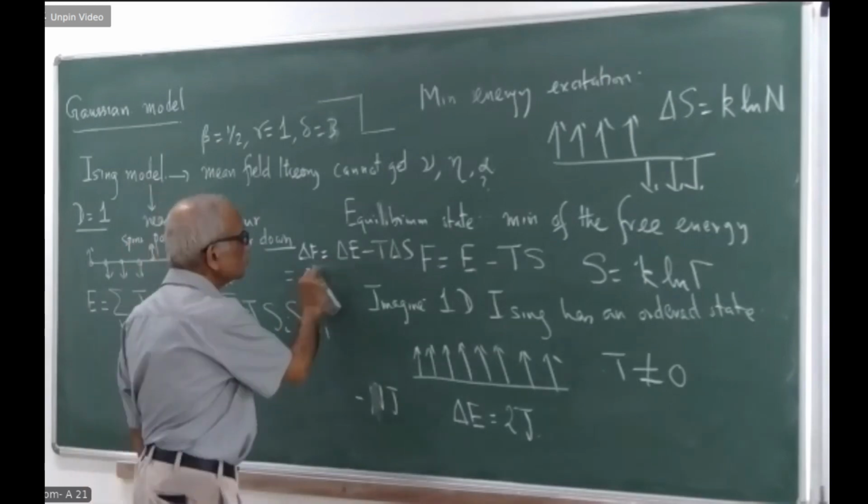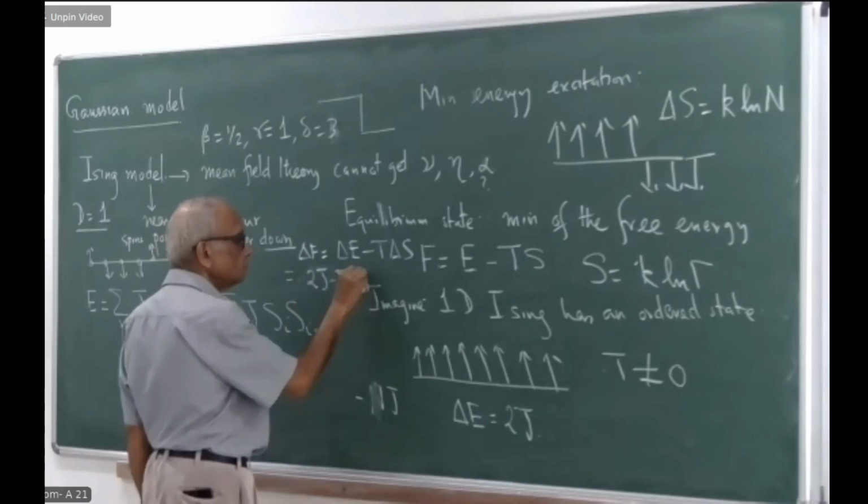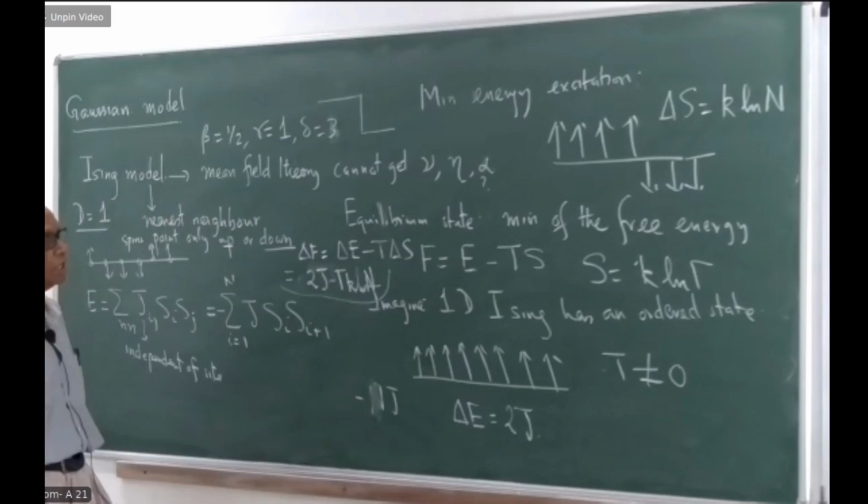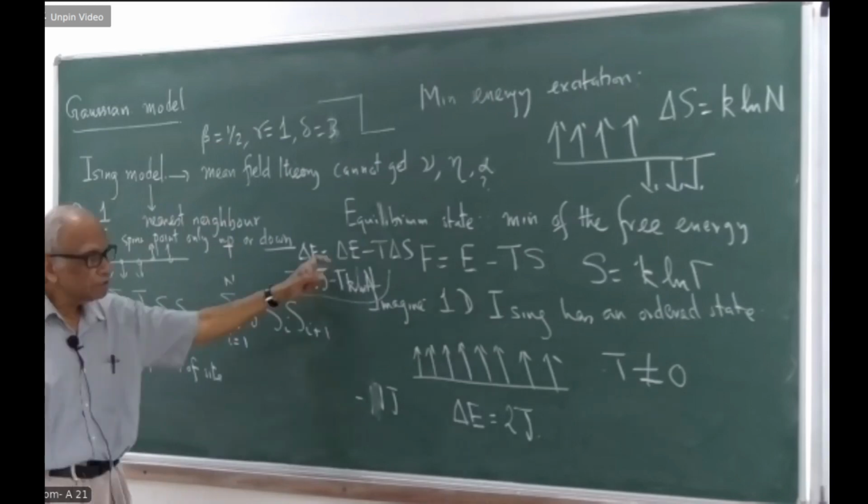Which is equal to 2J minus T K log N. So 2J minus KT log N; for all T not equal to 0, I can always choose an N which